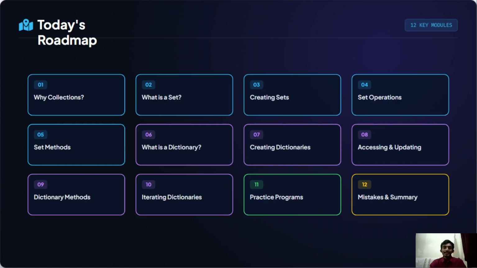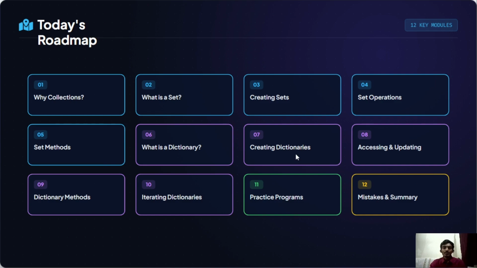Before we start coding, let's quickly see what we will learn in this lecture. First, we will understand why Python introduced sets and dictionaries. Then we will learn what a set is, how to create one, and how to perform operations on it. After that, we will move to dictionaries, which store key value pairs, and then we will learn how to create them, update them, loop through them, and also some built-in functions. And finally, we will build practical programs, discuss common beginner mistakes, and solve practical questions. By the end of this episode, you will be able to understand what a list, a tuple,